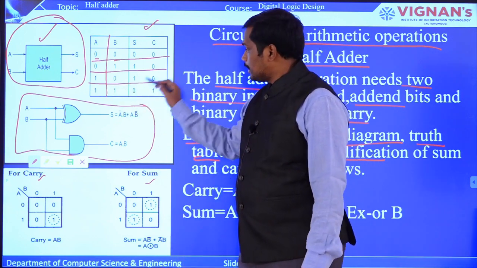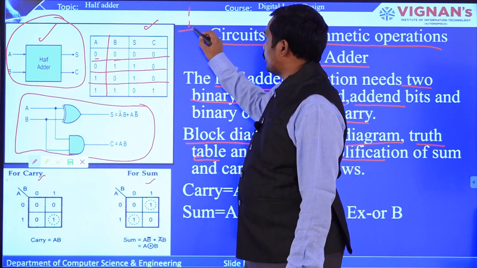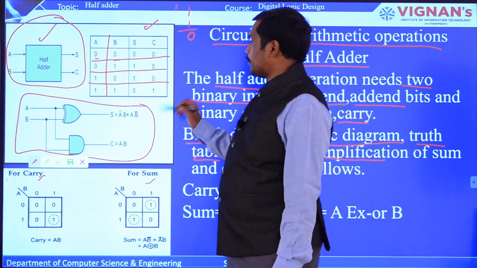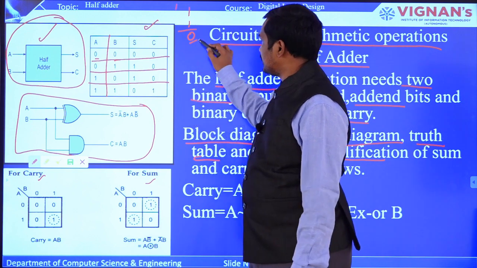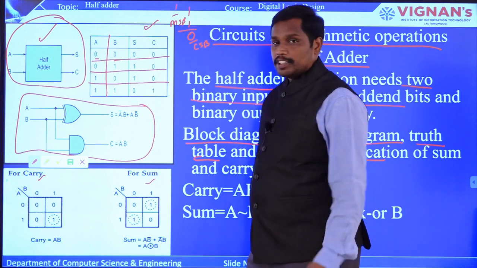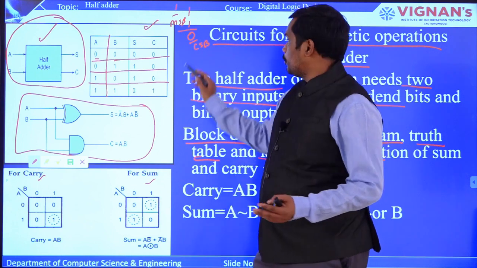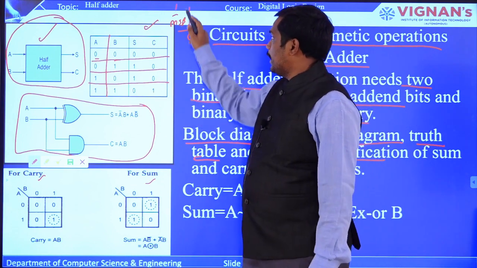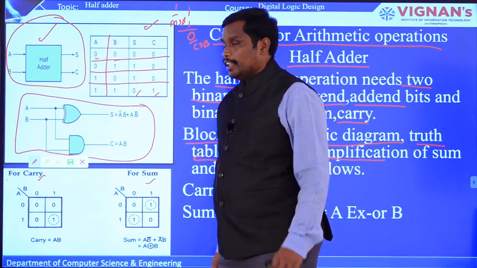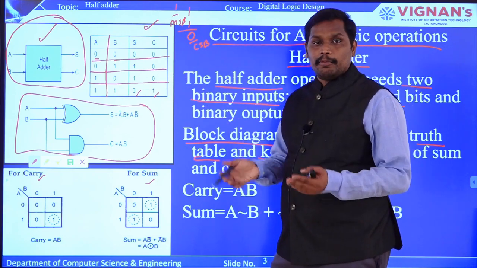There you will have sum as 0 and 1 as a carry. So when you add 1 plus 1, you will get 0 as an output and the carry will be forwarded. You can say that this is the LSB, least significant bit, and this one you can consider as MSB. So the sum is in the LSB and the carry is the MSB. So you understood how 1 plus 1 gives 0 as sum and carry as 1. Now we understood how the truth table is constructed for a half adder. These are the possible 4 operations that can be performed on a half adder.